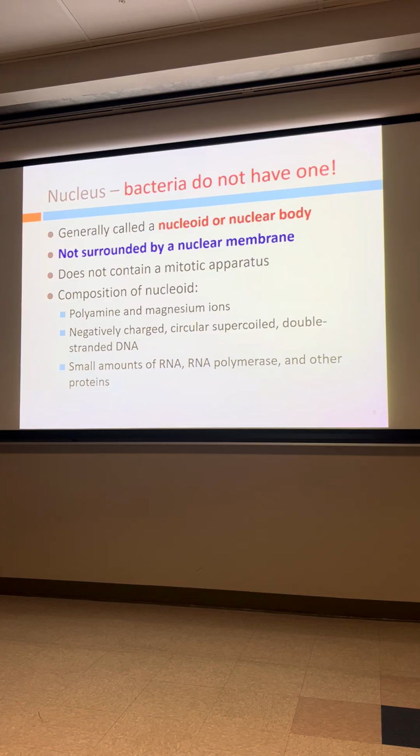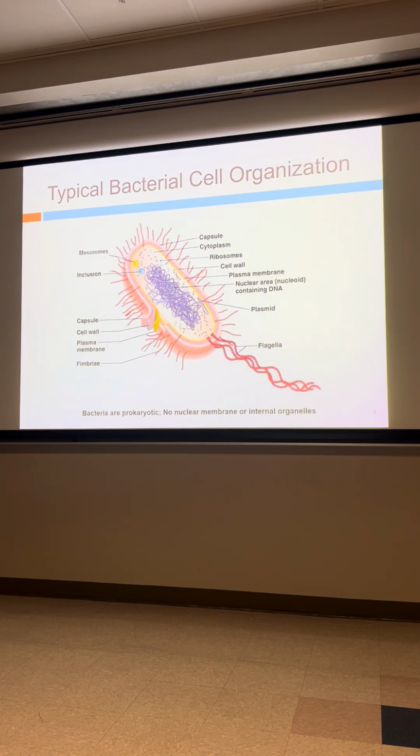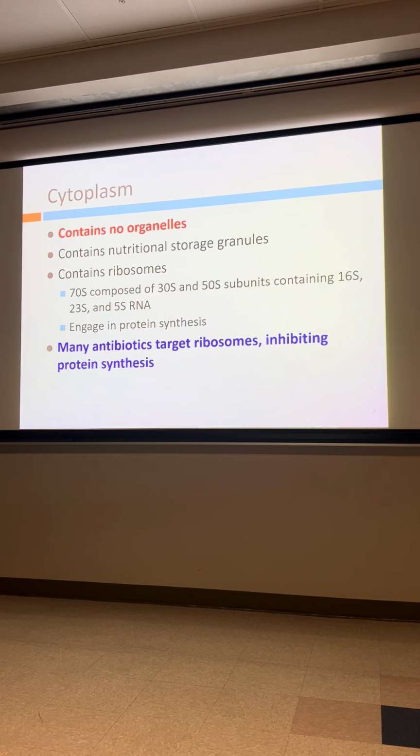In the nucleoid, you have polyamine, magnesium ions, then you have DNA, obviously, the supercoiled, double-stranded DNA, RNA polymerase, protein, and so on. Cool thing about bacteria, and you probably don't talk about this in Gen Micro too, is, well, actually,